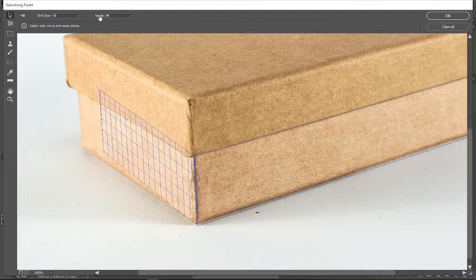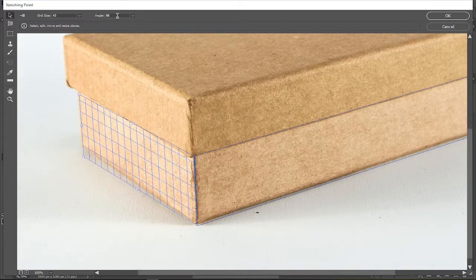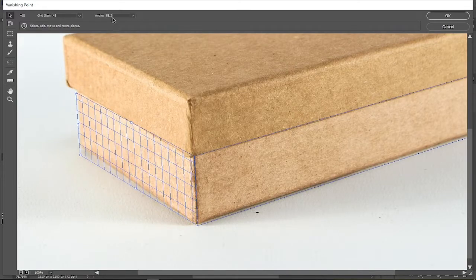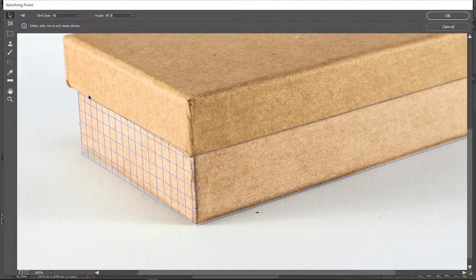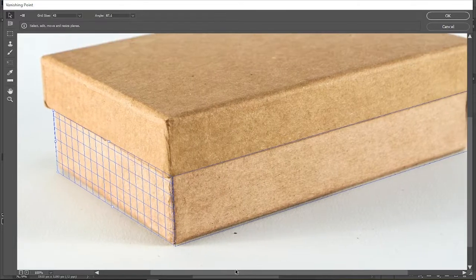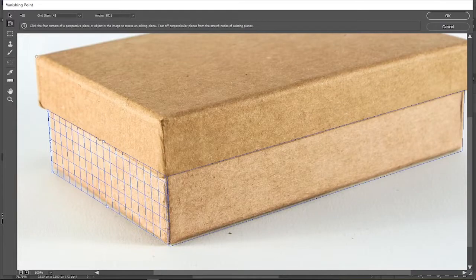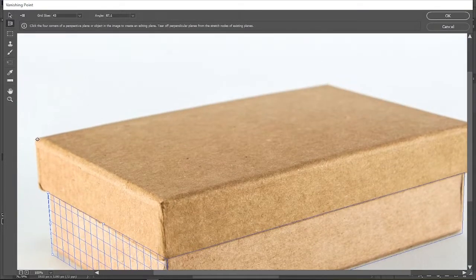Adjust the angle amount accordingly and the size as well. Like that. Now create the perspective plane for the top side.